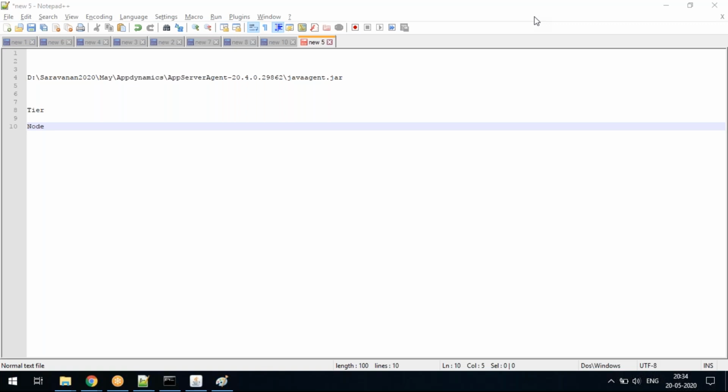Here in my case, I have only one application server. That is the reason it is showing one tier. Also I configured it in only one machine. This is my laptop. Inside the laptop, I configured that application agent, right? So it is one node, which means that one tier is nothing but the application layer, and one node is nothing but only one machine where I configured it. Guys, any question in this? What is tier and what is node? Clear with this understanding?